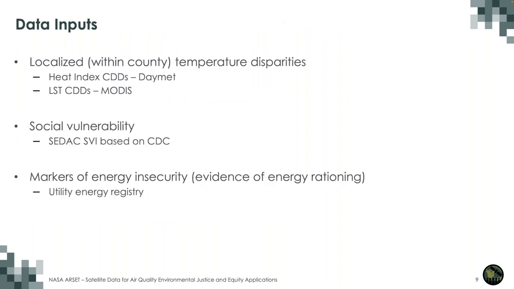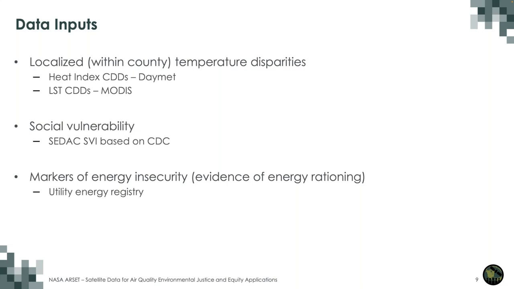So in order to do this, we are using products to identify temperature disparities. This means constructing a heat index using Daymet data. Daymet provides us both dry bulb temperature and vapor pressure that we can use together to create a heat index. And then we also use land surface temperature. And then we use both of these to create what are called cooling degree days. I won't go into depth about what this measure is, but you can look it up. NOAA has a good explanation on their website of cooling degree days. But quite simply, cooling degree days are a measure of how much hotter a season is than a threshold temperature,